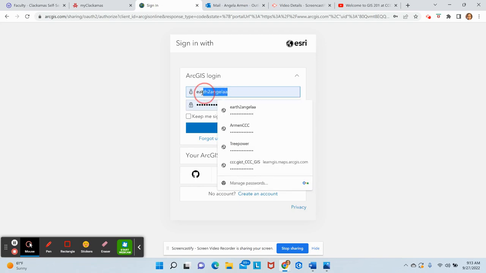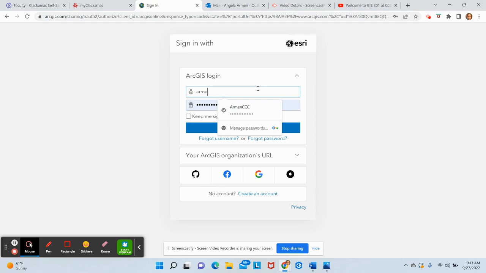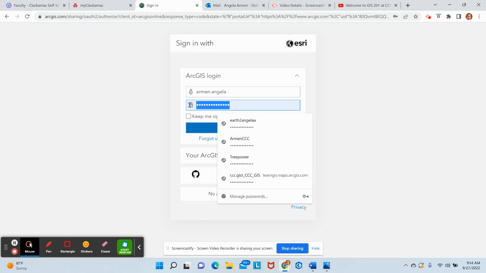What you're going to be doing is, I have given each and every one of you a login already. So your login is going to be your last name. My last name is Armin, and then a dot, and then your first name. My first name is Angela. Now, if you have a last name with a hyphen or some sort of other punctuation, I have actually sent you an email to let you know what your sign in looks like, because some of these programs don't have the ability to handle different sorts of punctuation. And then the password that you're going to log in with is going to be Clackamas with a capital C